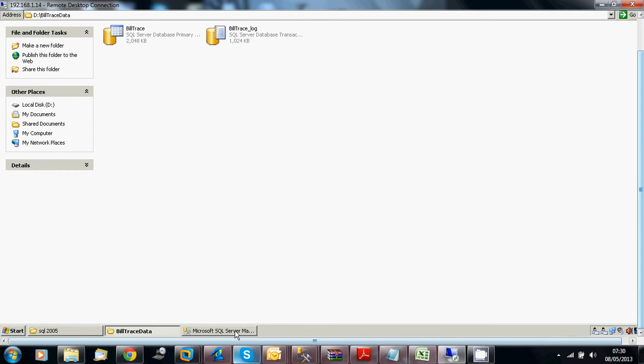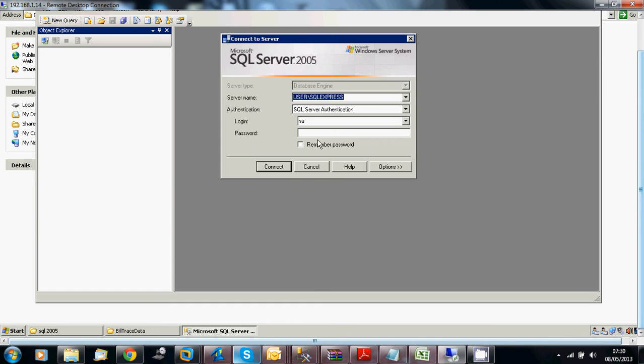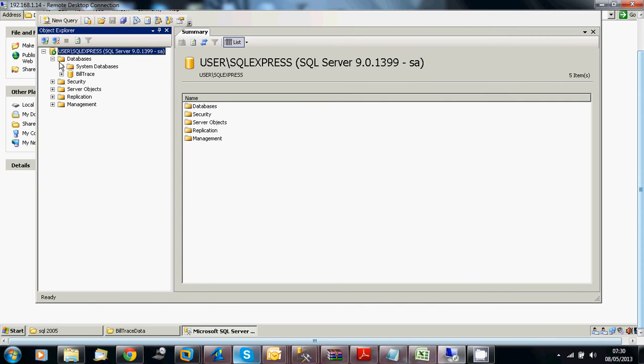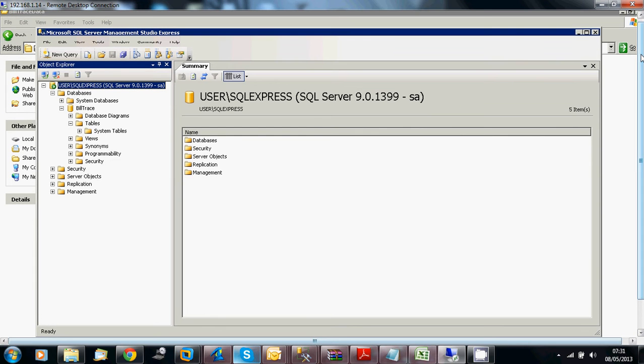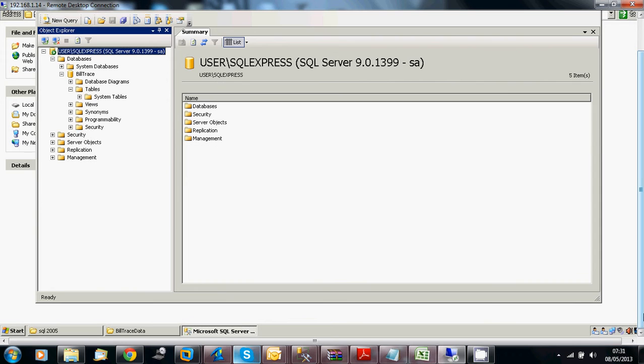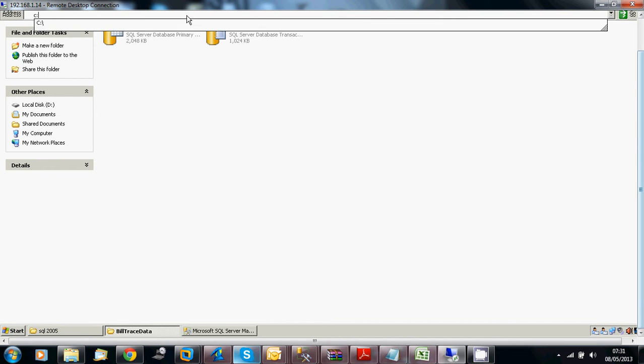Now we are checking in Microsoft SQL Server Management Studio by logging in with SA, san@trace. Now connect. See, this is the Buildtrace database. It is showing the tables, but the tables are not available. Now we need to restore the database, because the database is created by the company for the particular restaurant, and we need to restore it into this system. Now we created the database, and now we are going to see how to restore it. Now I am going into the C drive, Buildtrace.